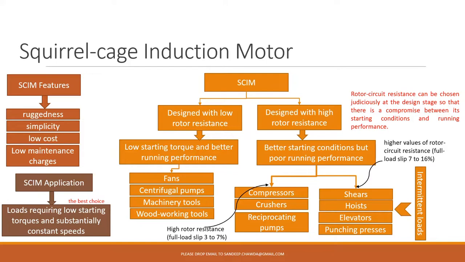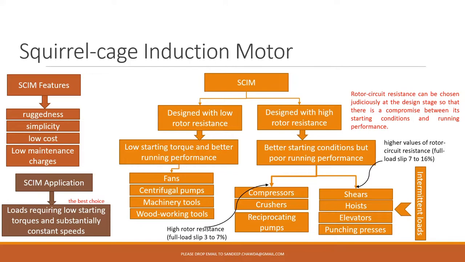Intermittent load requirement increases, then it decreases for certain times. You could think about punching presses. When you are punching, at that time the requirement would be more. When the punching is over, you are going to release, so there will be no load. So the load is intermittent. It increases and decreases, increases, decreases. Like your elevators, empty elevators and loaded elevators. So you could understand, I think. So basically what we understood,